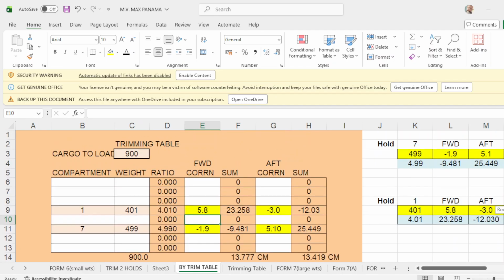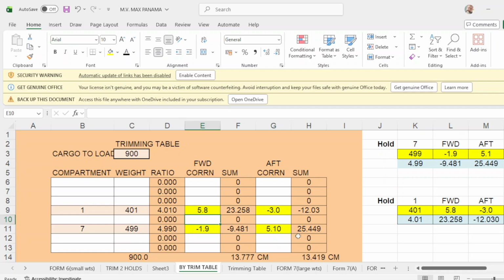trim table, again you have your 900. Number 1 is 401, 7 is 499. Then from your hydrostatic table, you apply the forward and up correction of hold number 1, and for 7, you apply the correction of 7 forward and up.